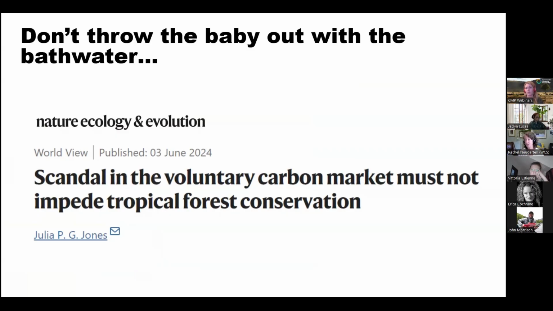So this was one of the really scary, unfortunate consequences of that carbon offset scandal, that a lot of investors just said, well, we've lost faith that investing in reducing deforestation in the tropics works. And so they pulled their money out of the carbon market. And some of the authors of some of those impact evaluation studies said, wait, that wasn't the message we wanted you to take away. We wanted you to think about how can we learn and improve and do better. So this was a really unfortunate outcome for conservation.